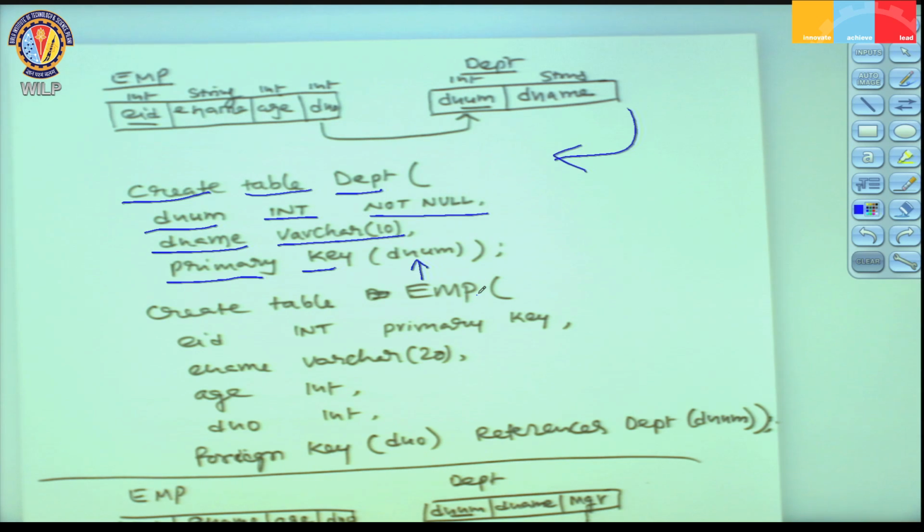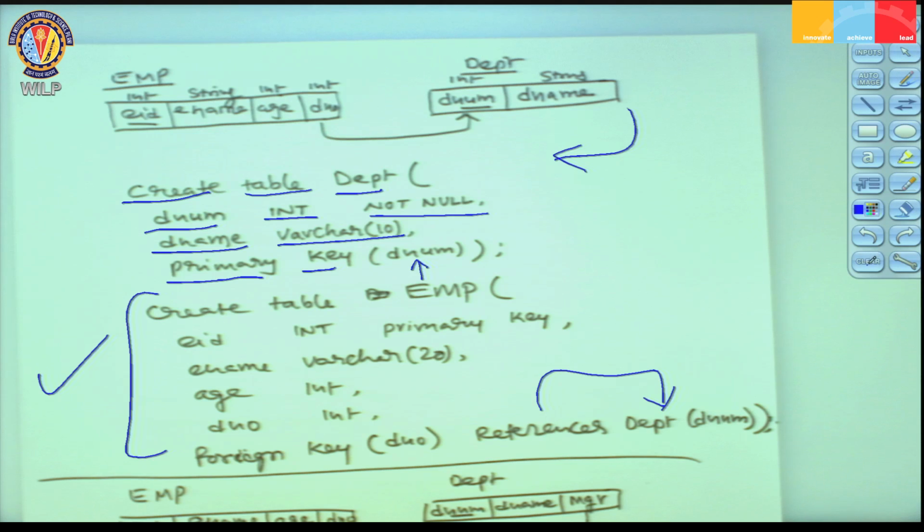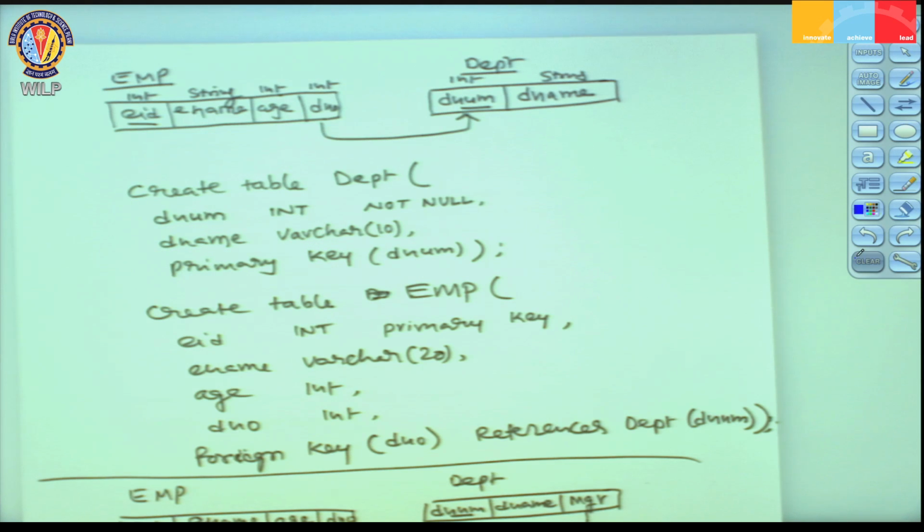Once it is done, once it is successful, then I can write this statement, and this is going to work, because when it is referencing this particular department to define the foreign key constraint, of course the department table is already existent, hence it will not create any problem, there won't be any error message for you. Sometimes what happens is you will be trying to create two tables which are dependent on each other. For instance,